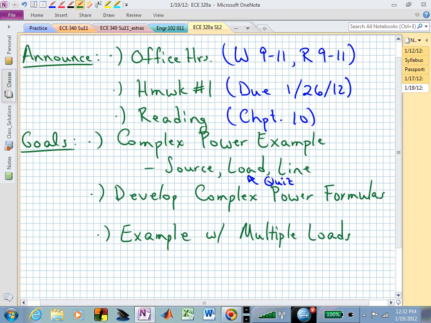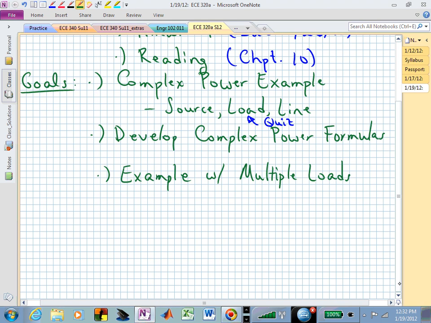After doing this complex power example, we will look at many different ways of calculating or determining complex power from many different variables, or deriving or developing complex power formulas. Given time, we will get into an example with multiple loads in terms of complex power. Let's begin